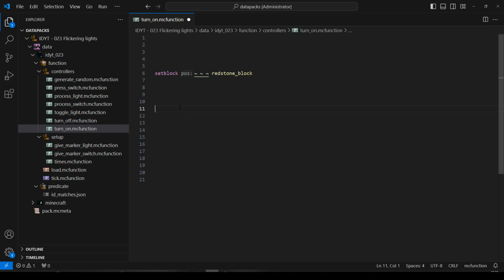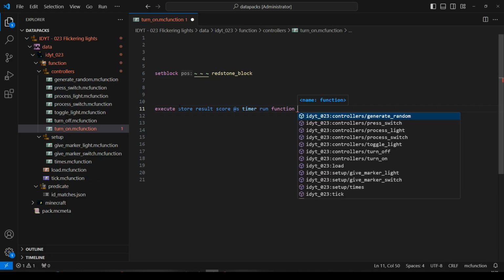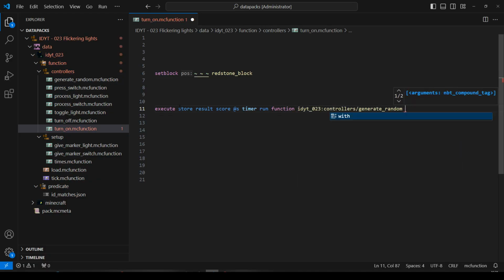So we are going to use a macro. We're going to execute, store the result as a score onto S into its timer. We're going to run a function. The function is going to be generate random, and we're going to run it with our storage, ID data, and